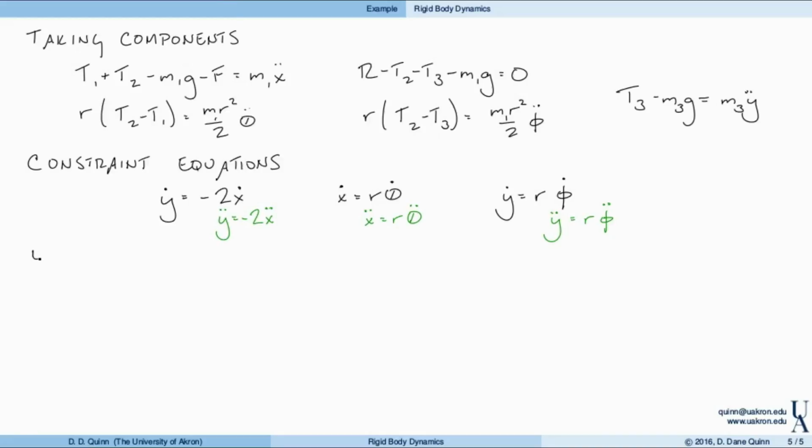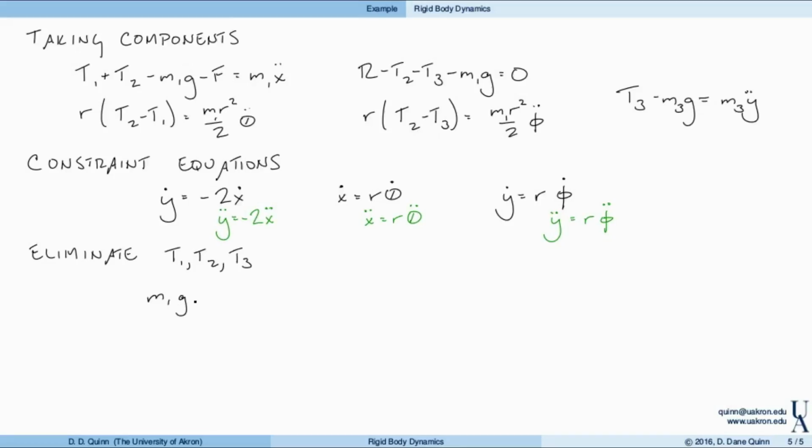So eliminate the unknown tensions from the equations for momentum balance. So looking at this, I can take this equation and solve for T3. Then I can use that and solve for T2. Then I can use that and solve for T1 here. I can take those expressions for T1 and T2 and introduce them into this equation. So in doing so, I have eliminated the unknown tensions. And this equation, when I do that, becomes